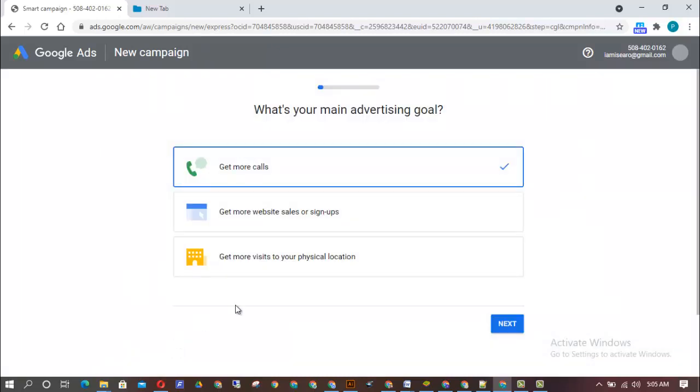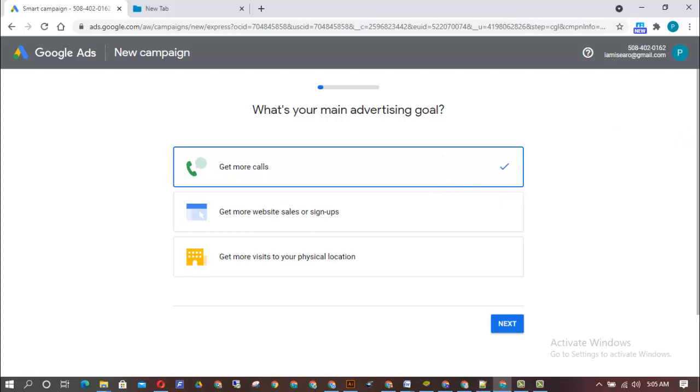So Google Ads usually requires a very powerful network. So if you do have a powerful network, you need to hold on until something displays on the screen. So right now, if you're on your PC, you are going to have this screen. It's going to tell you to get more calls. Although this is just for starting the system, it's trying to set up the system for you automatically, but you don't want to do this because it's going to start asking a lot of questions that you don't know